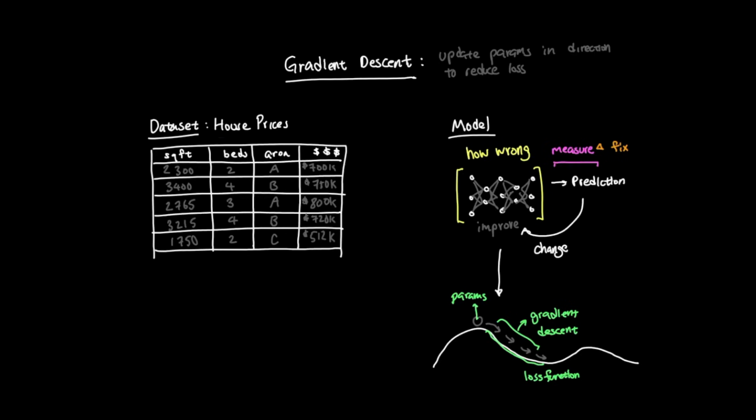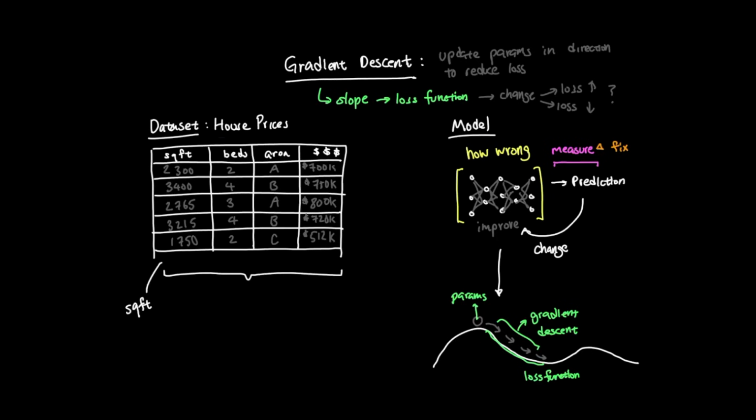This is where the word gradient comes in. A gradient tells us the slope of the loss function at the model's current position. More practically, it answers questions like, if we change this weight a little bit, does the loss go up or down, and by how much? For example, in our house price model, maybe we have a weight for square footage. If increasing that weight makes the model's prediction worse, the gradient tells us that. If increasing the weight makes the prediction better, the gradient tells us that as well.